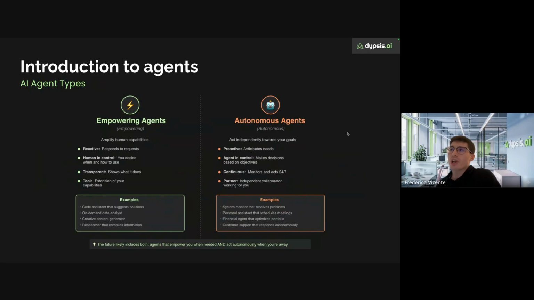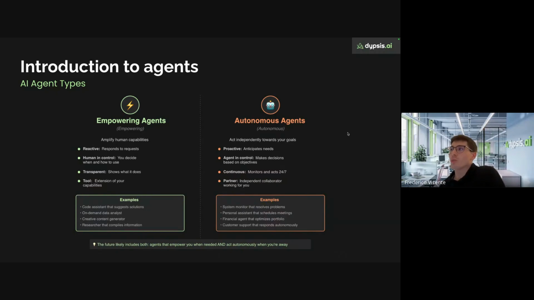The empowering agents are more or less like the example I gave you previously, where you go to ChatGPT and you ask it to summarize an email, or help you write an email. In a sense, it's just helping you in a task by reducing the time it would take you to do that task.